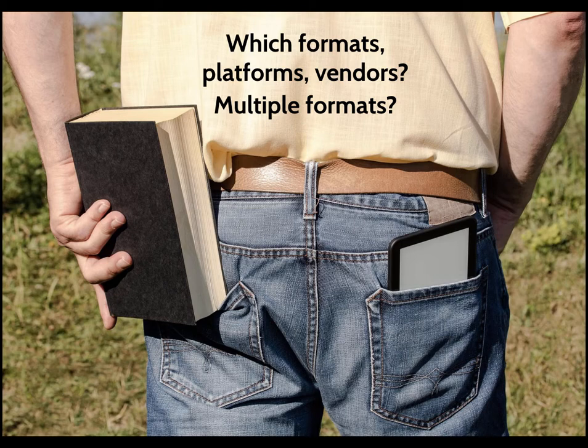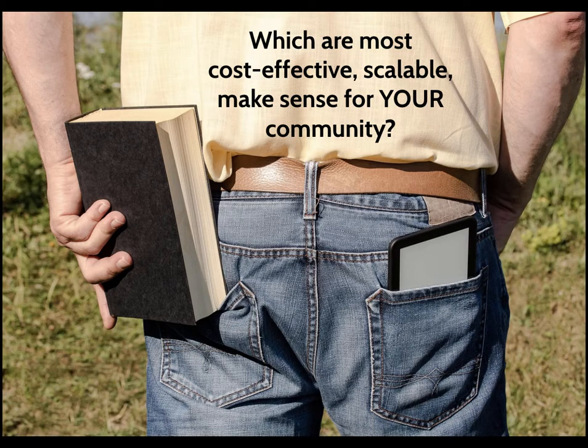Recognizing that your print encyclopedias or reference tools might not be as scalable or available by a number of multiple users as your physical copies, although some students might like to sit on the floor and browse through Annals of America. So these decisions are tough to make, and sometimes you can make some bargain deals with vendors who are eager to sell in multiple formats that may not be practical for everyone. You really are going to have to make some cost-effective decisions that make sense for your community.